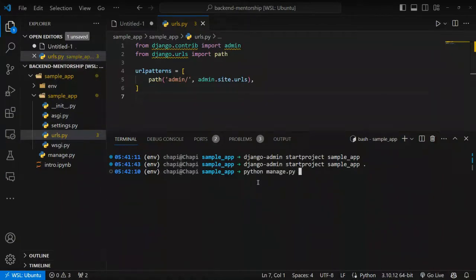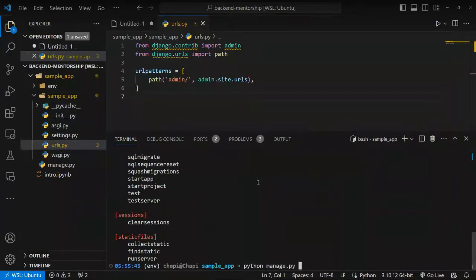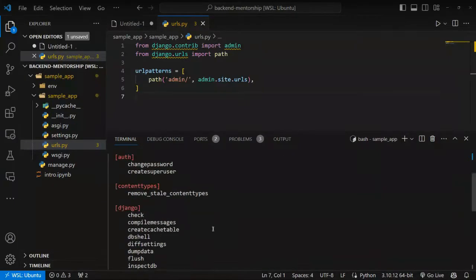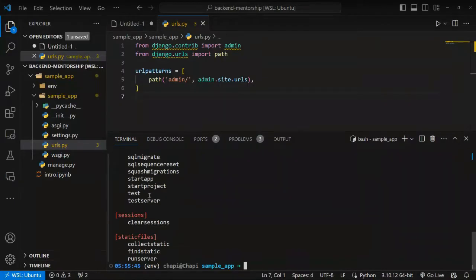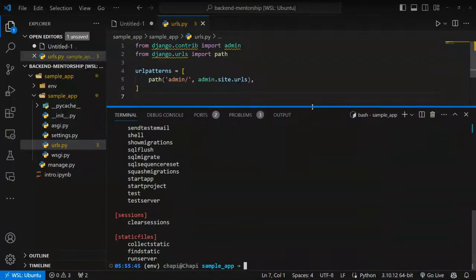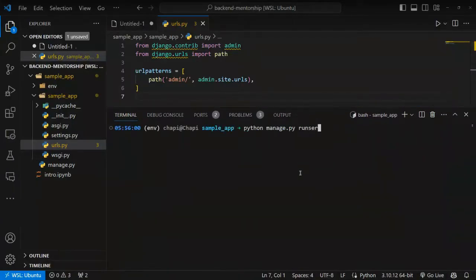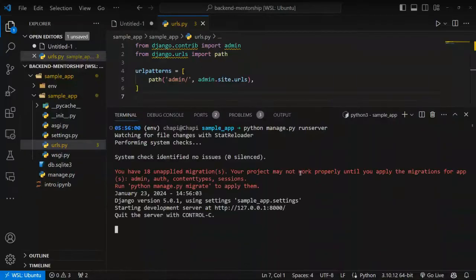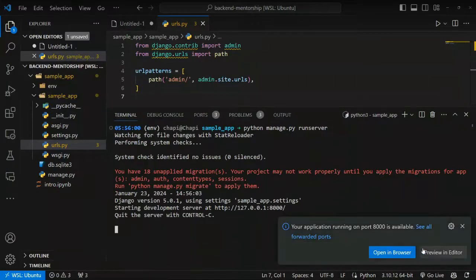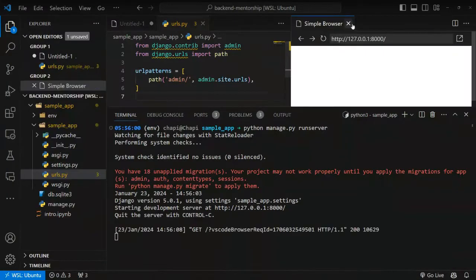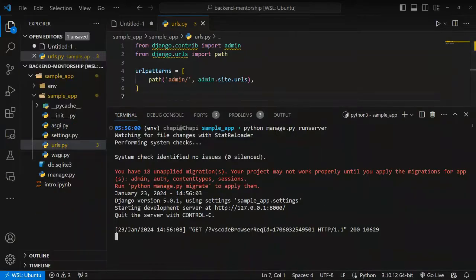manage.py ብላችሁ run ማድረግ ትችላላችሁ። run server ብላችሁ run ማድረግ ትችላላችሁ። እንደምታዩት እዚህ ጋር manage.py የተለያዩ እንትኖች አሉት፣ የተለያዩ ኮማንዶች አሉ። So one by one we will try to use them, not all of them. Run server, and it runs your server here. So if you go to the browser,